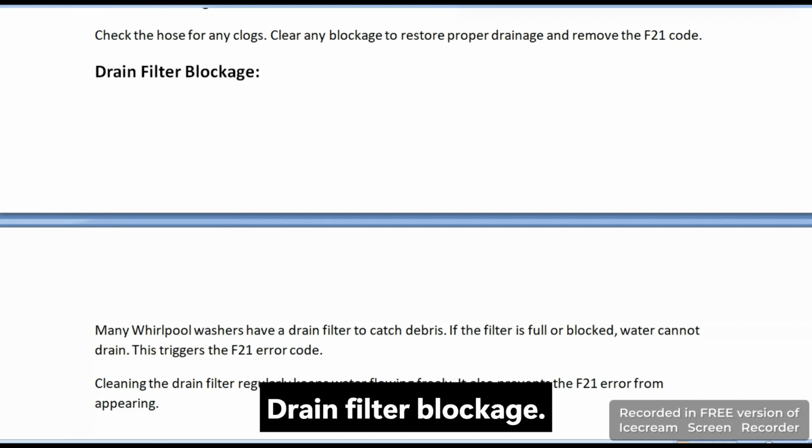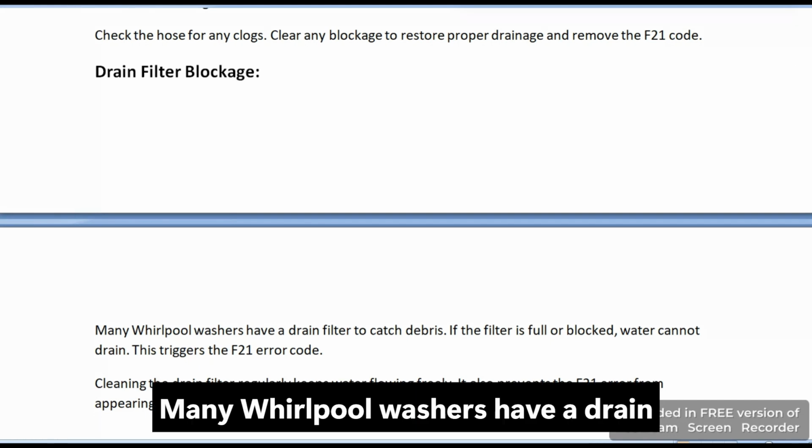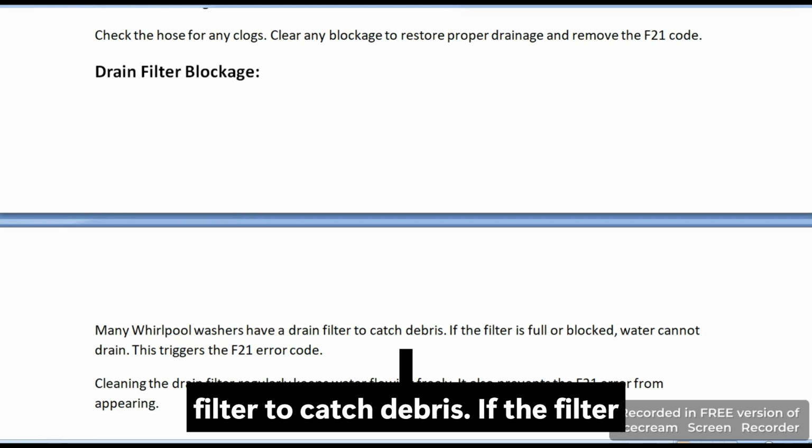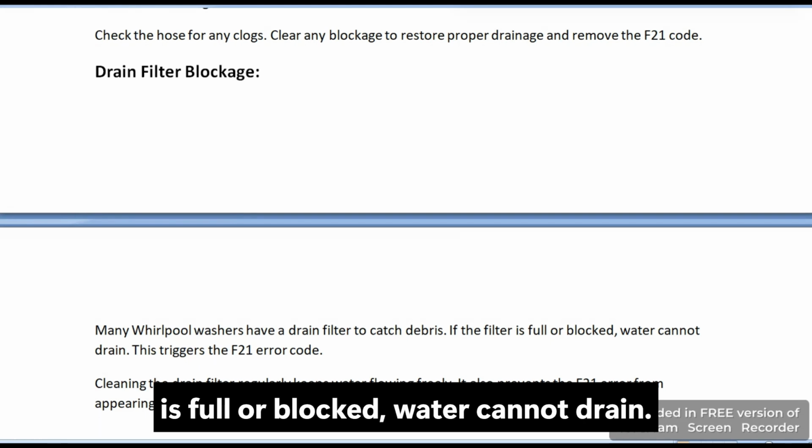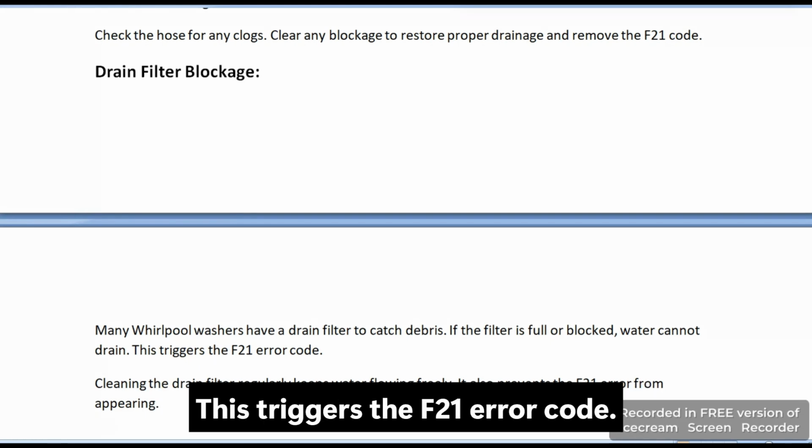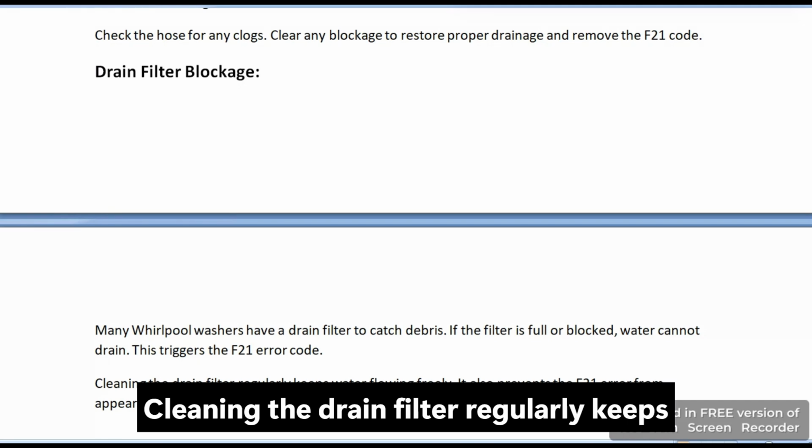Drain filter blockage. Many Whirlpool washers have a drain filter to catch debris. If the filter is full or blocked, water cannot drain. This triggers the F21 error code. Cleaning the drain filter regularly keeps water